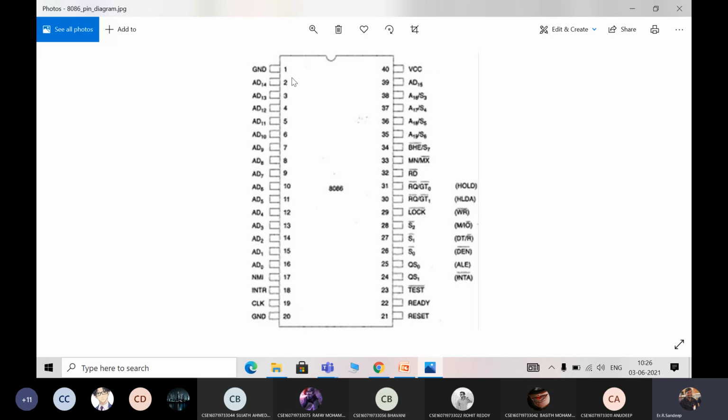You cannot give numbers randomly, and you cannot draw it as AD14, AD15 like that. You should draw one rectangle box, which is used for representing the pin. Like that, how many will you have? 40 legs you will have. Yes or no? Yes, sir. These 40 legs you will have. So these are the main points which we need to remember when we are drawing the pin diagram.